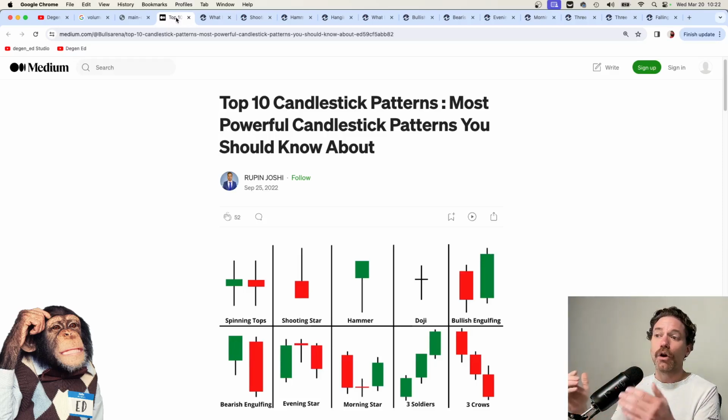Are they clean? Or are there some caveats to them? Are some of them actually incorrect? And some of these patterns here are incorrect. And so, yeah, I just kind of wanted to dive into these because I think that a lot of people might just search for a shooting star or bullish engulfing, but then could actually be misled by what they find